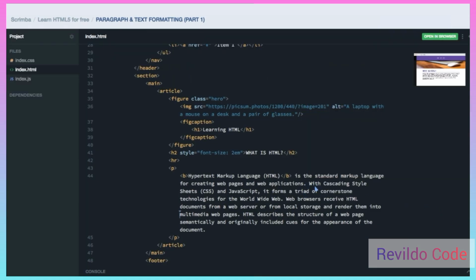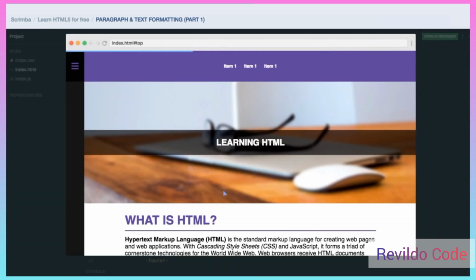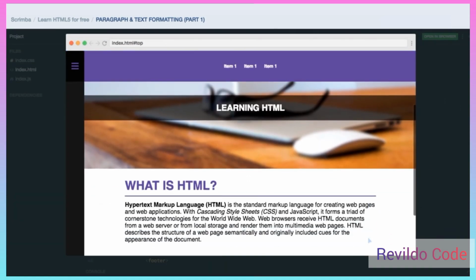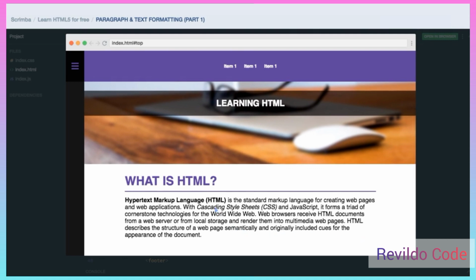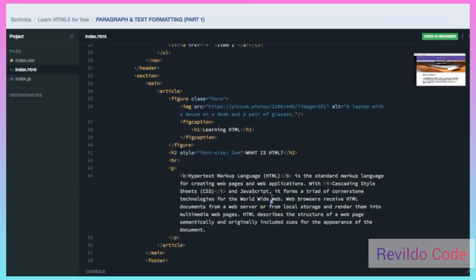We got italics. I'm going to turn cascading style sheets and CSS into italics. So that is simply the I. And let's hit save. And let's take a look. Nice. Okay. Cascading style sheets and CSS. It's all in italic. We also have another one called emphasis,